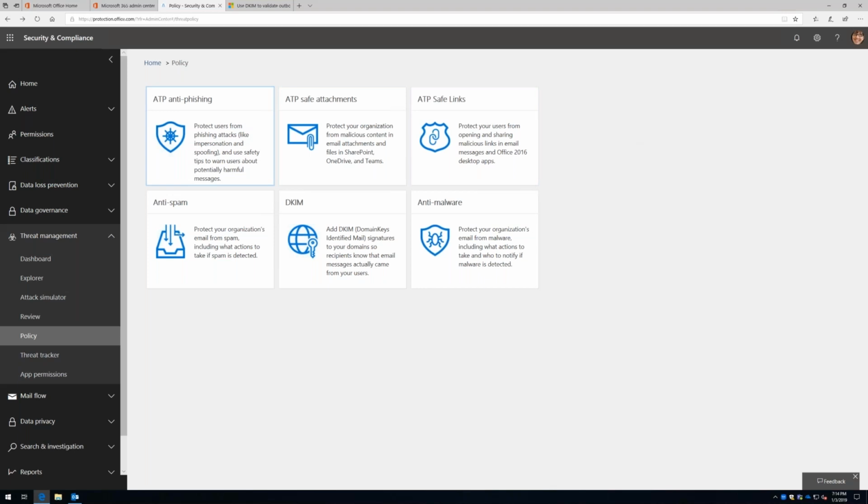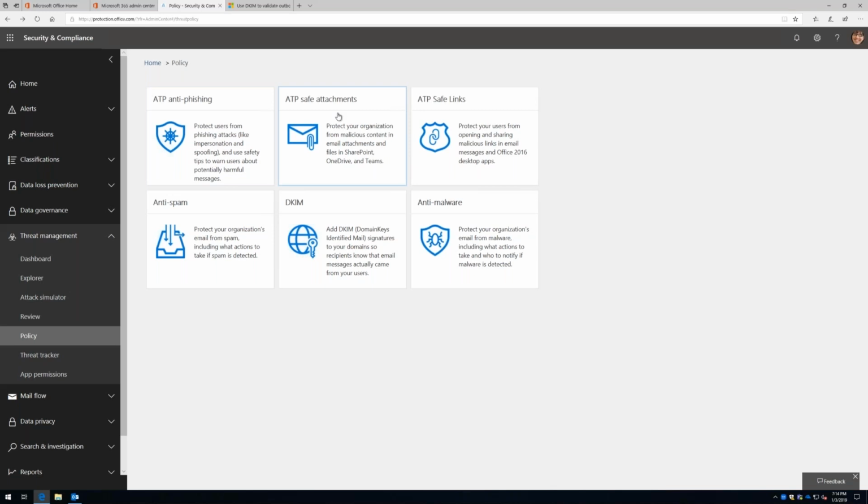In this context, when it comes to email phishing, I'm going to talk about Office 365 ATP, Advanced Threat Protection for Office 365. What this allows me to do is a few different things. The first one is what we call safe attachments. I'm going to hover my cursor over that and let me explain that, and then I'll show you a demo of this.